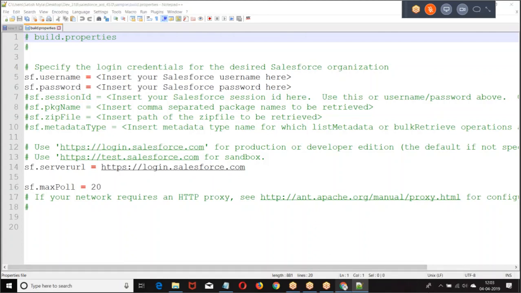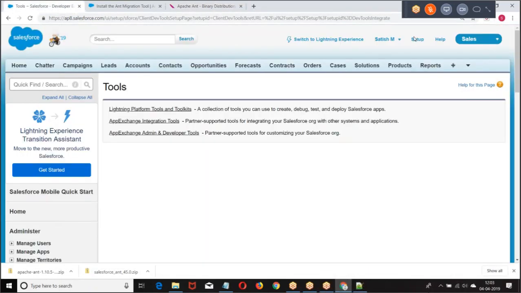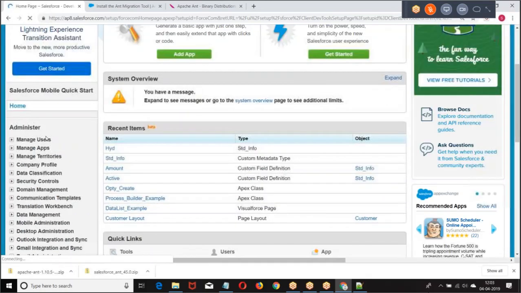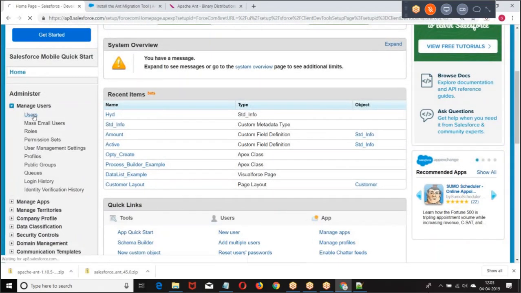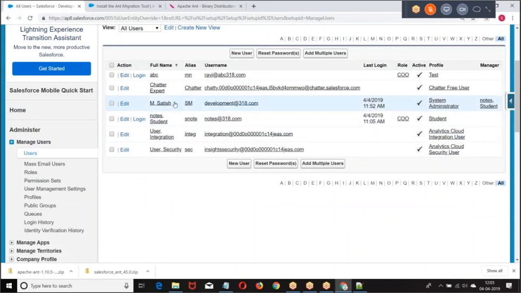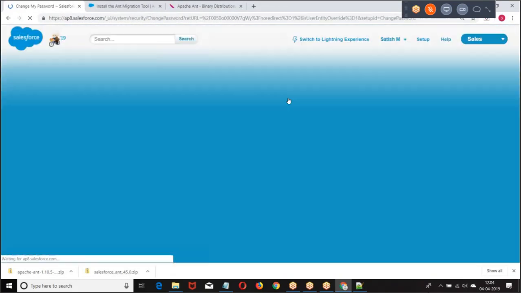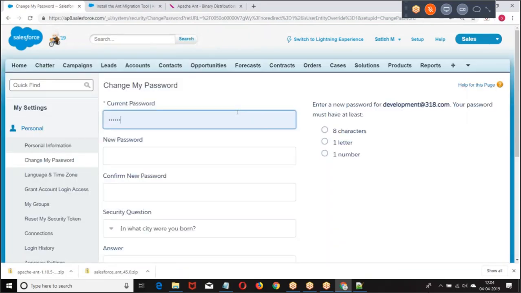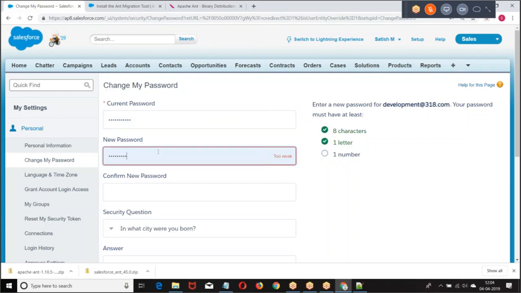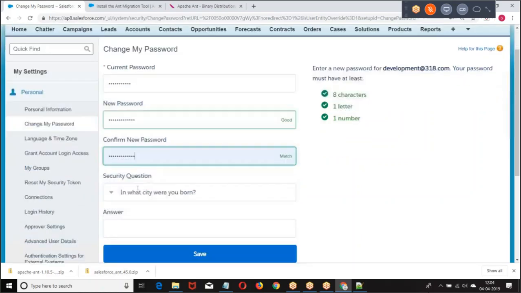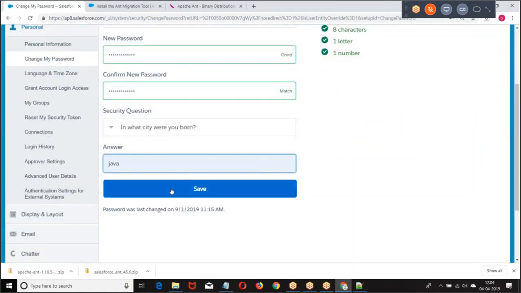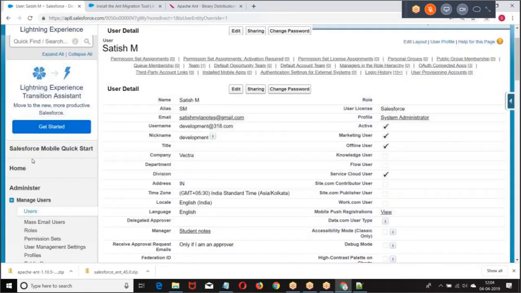So what I will do, I will change the password first. Then go to profile.